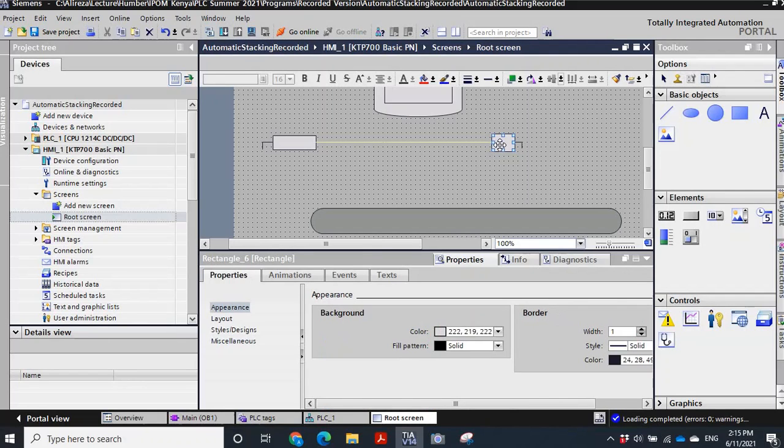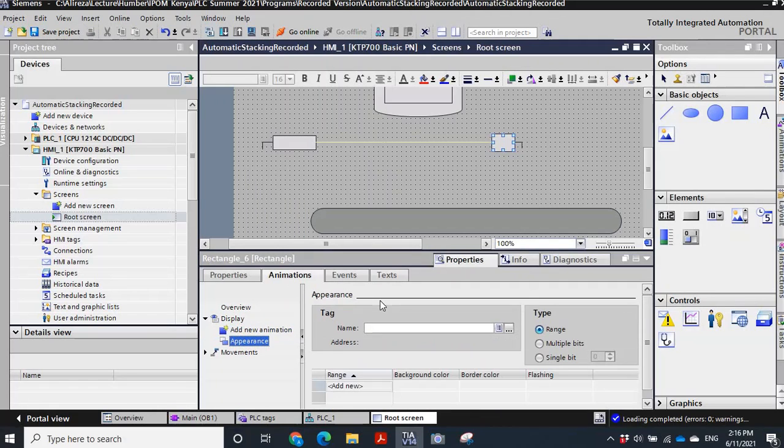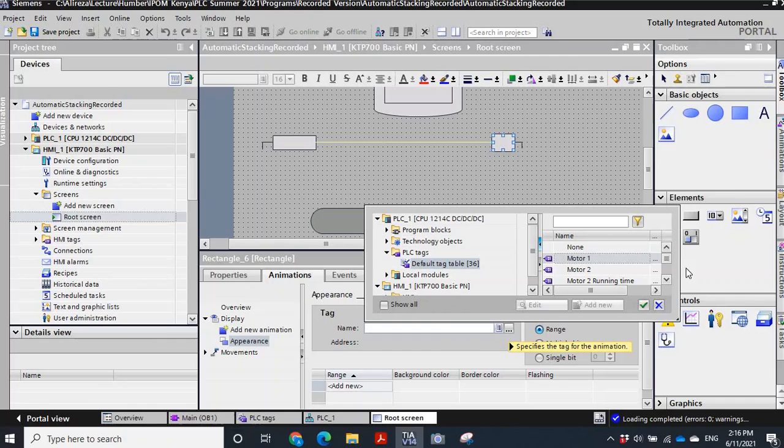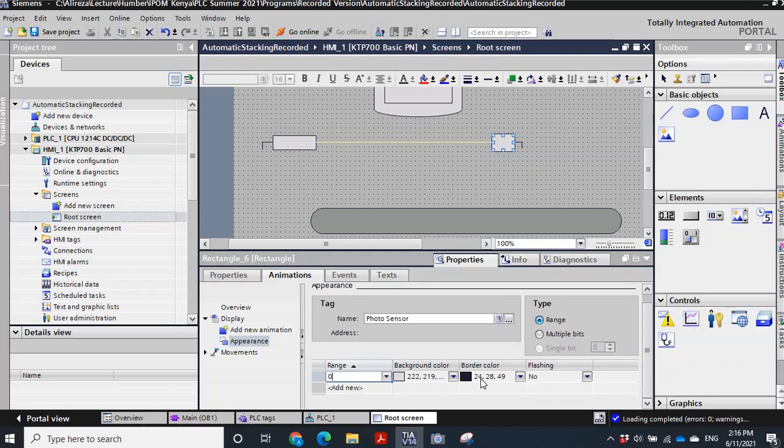The color of this beam is going to be changed if there's a plate in front of that, to indicate that the beam is not reached to this point, or let's say there's a command, there's an input to the PLC. So I change the color of that again, according to the photosensor. If the photosensor is 0,